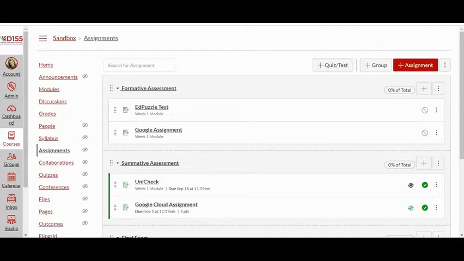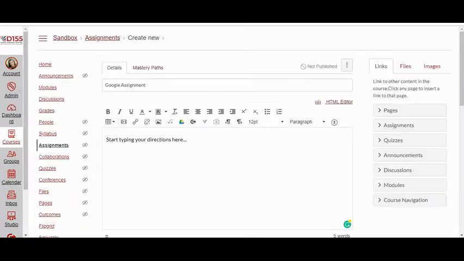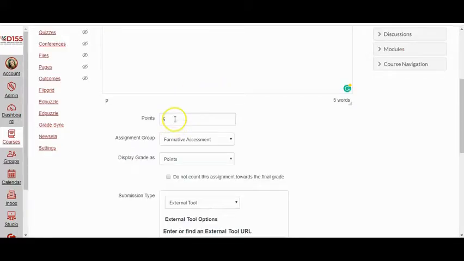I'm going to walk you through how to create a Google assignment in Canvas. I'm going to start by going over to this plus assignment button to add an assignment. Once I've titled my document, I can start building my directions. I can also include video, links, a picture, or any resource from Google Drive. I can build out my point value, determine whether or not I want this assignment to be formative or summative,